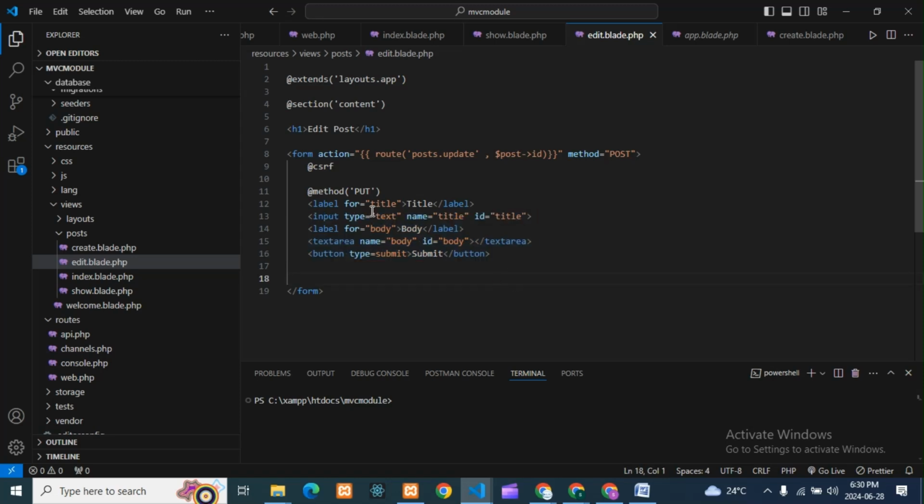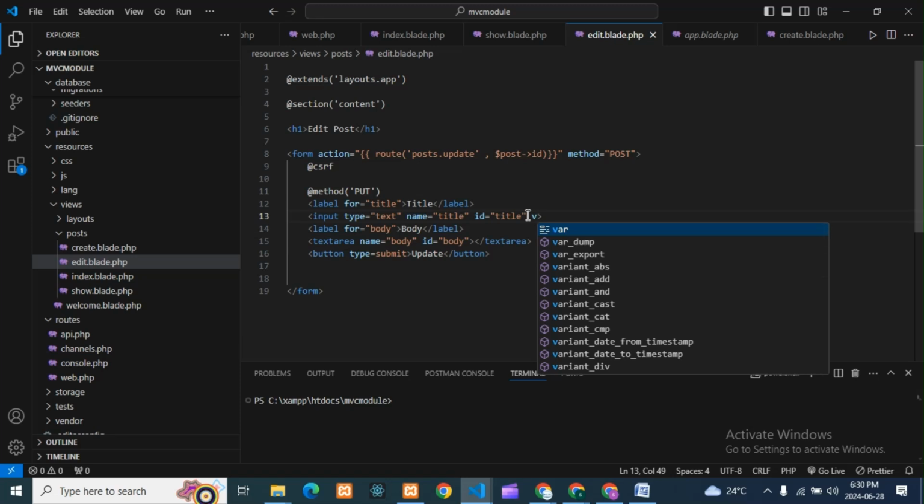Okay, fine. So see guys, this is our title, this is the text title, and here we need to take a value that I will add. Then body, then id, body text area, then it is submit. Okay, so here it will come update. And here we have to write value, for editing purpose.